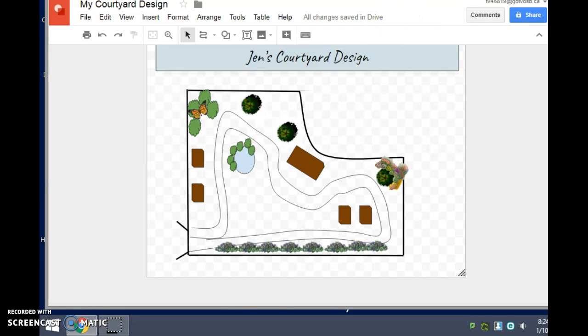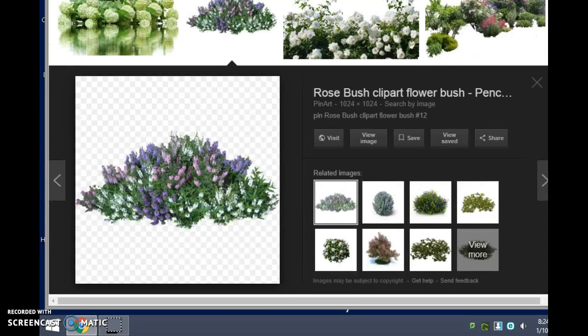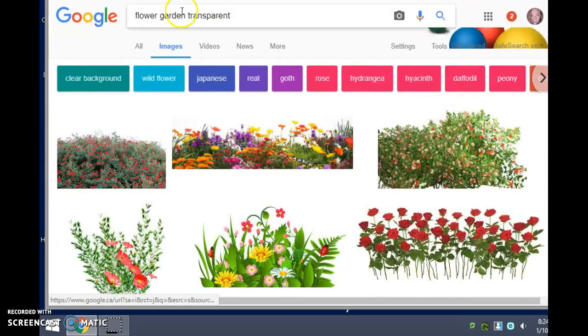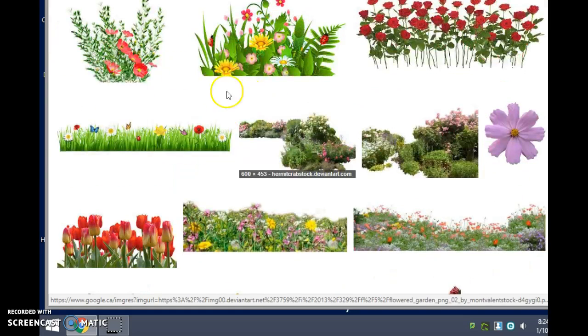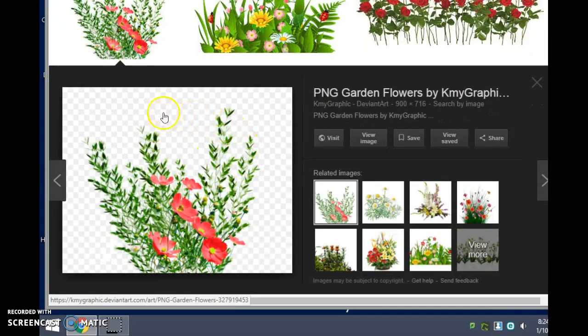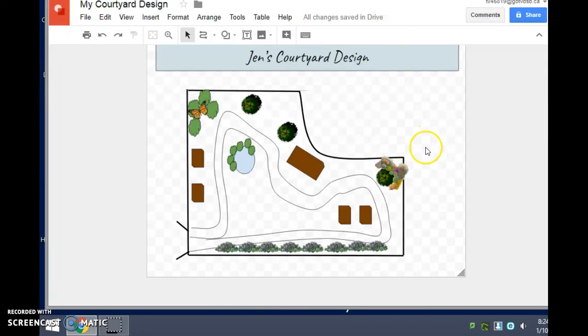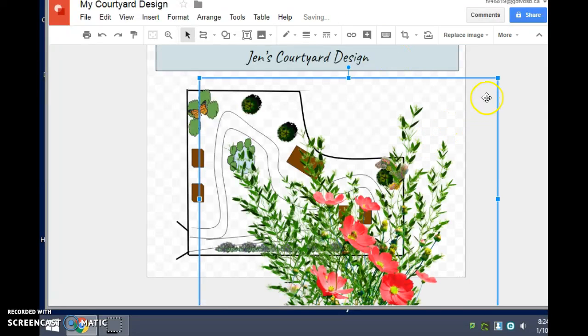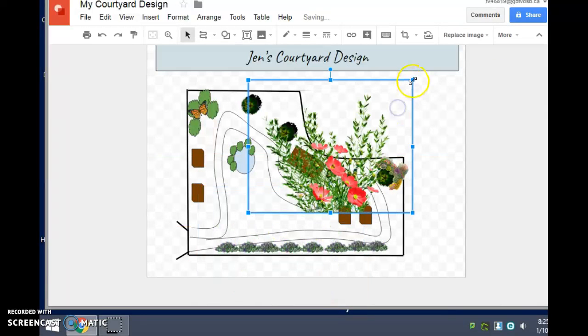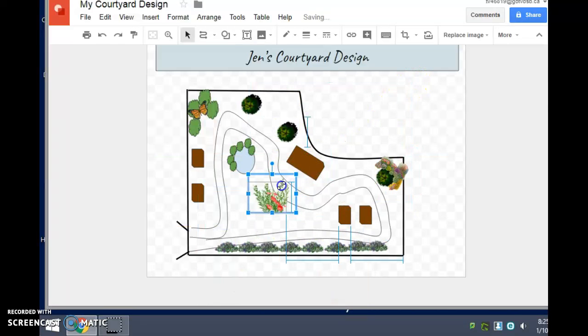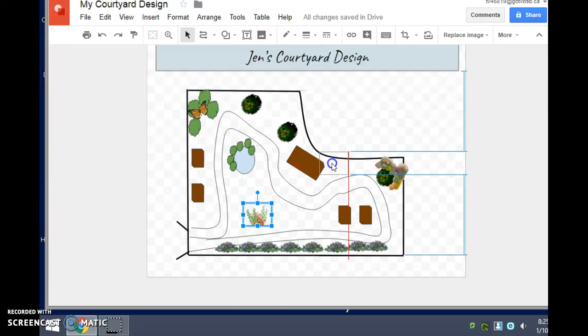Now here's a trick. If you're searching for flowers or bushes on Google, the best way to search for them is using the word transparent. Then you don't actually get the background. So for example, if I want to add this, you'll notice there's a lot of little checkers in the background. So if I copy this image and go back into my drawing, well, that's quite big, so let me make it a bit smaller. I can go like this, and I don't have any of the background images there at all. So I can put maybe my flowers right here,